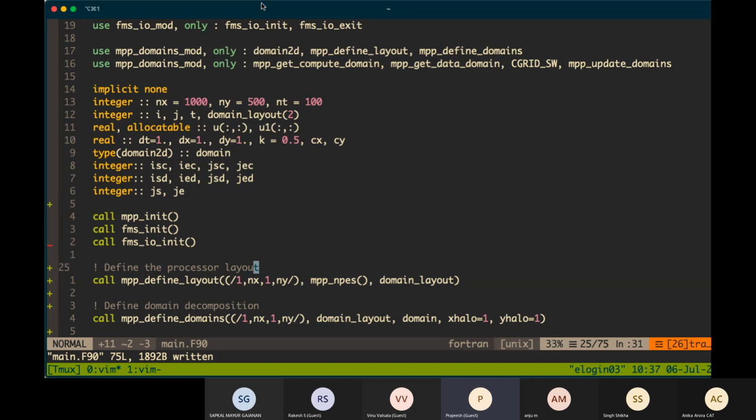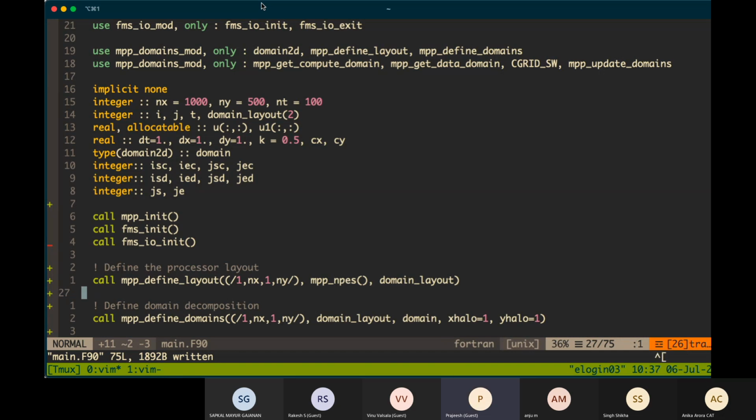When you call MPP define layout, it gives you an optimum layout depending upon two things: your global domain, the number of points, and the number of processors available.